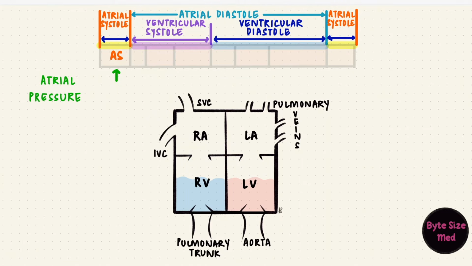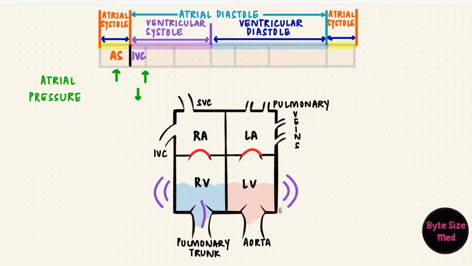Once the atrioventricular valves close, the atria start relaxing and the pressure starts dropping. Now it would continue dropping, but something happens in between. The ventricles contract, with the atrioventricular and the semilunar valves closed. This is isovolumetric contraction. The pressure in the ventricles is much higher during systole than the atria. The atrioventricular valves bulge back into the atrial chambers. That causes the pressure in the atria to rise a bit.